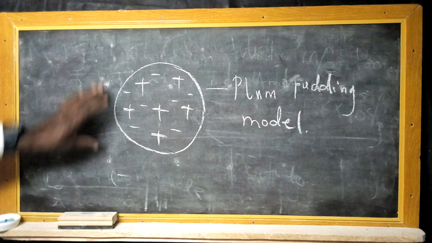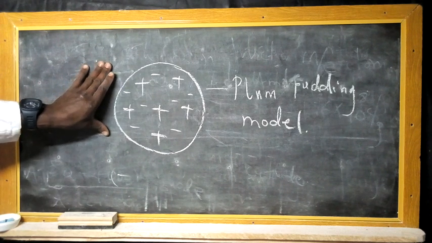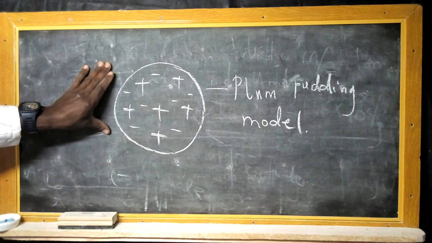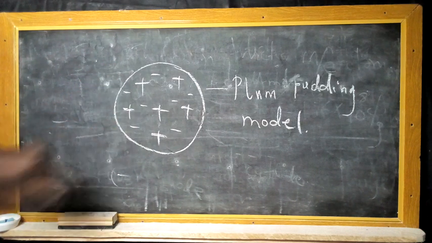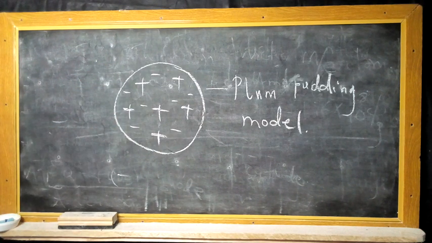So as you can see, now scientists are trying to come up with a visual representation of what an atom looks like, and this is the Plum pudding model that was developed by J.J. Thomson. Now there was a